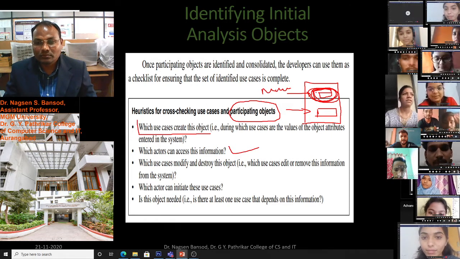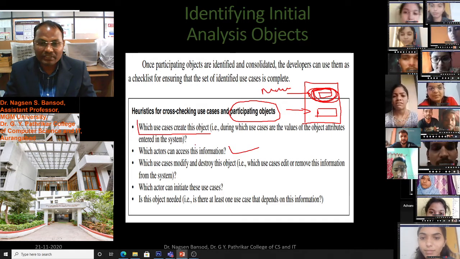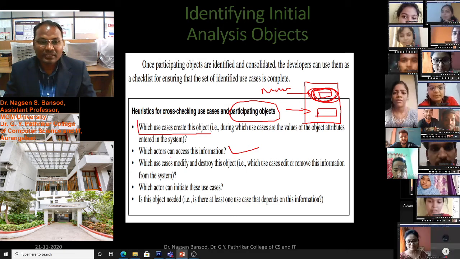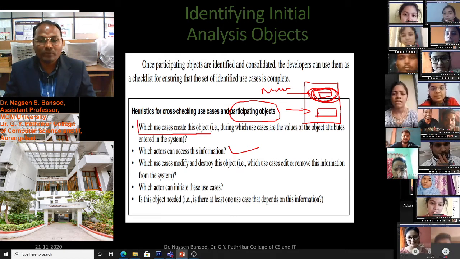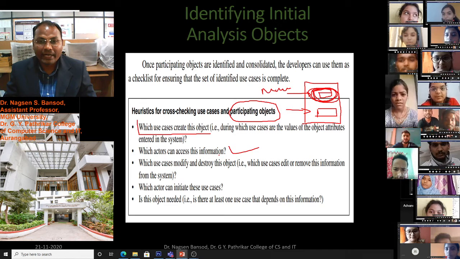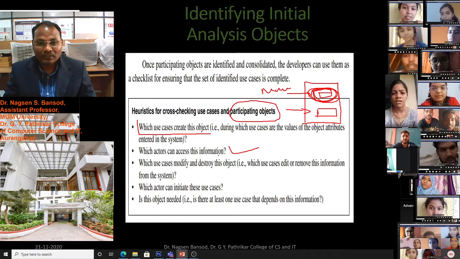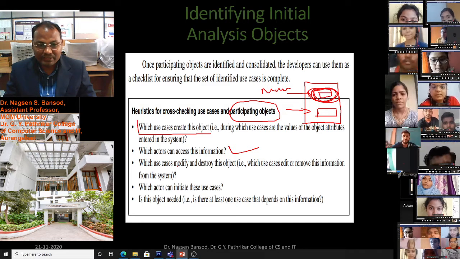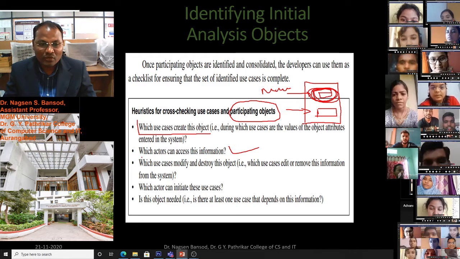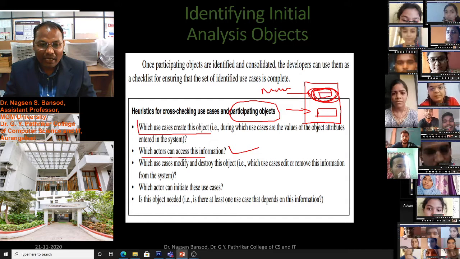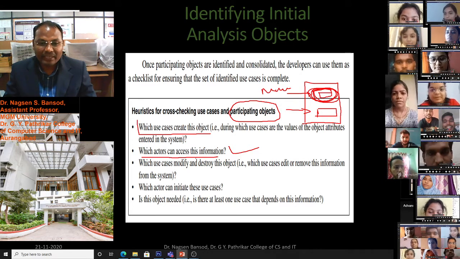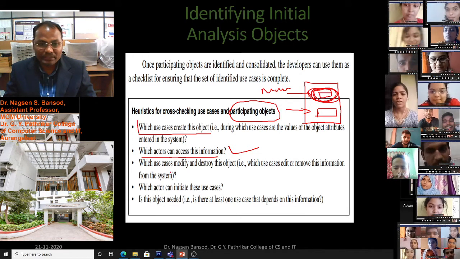That is the question we have to ask here: which actors can access this information, for identifying the objects and cross-checking the use cases?